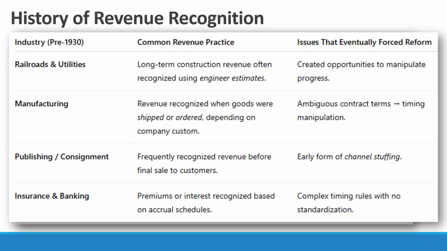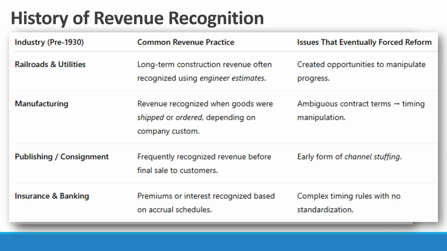In short, there were no formal authoritative rules, and this lack of standardization contributed to widespread earnings manipulation and ultimately led to federal securities regulations and the beginnings of GAAP. But keep in mind, companies issued financial statements largely for banks and private lenders, not investors. And public companies could choose what to disclose and how to measure results. In the 1920s, the public capital markets grew, and with it, the demand for audited financial statements.